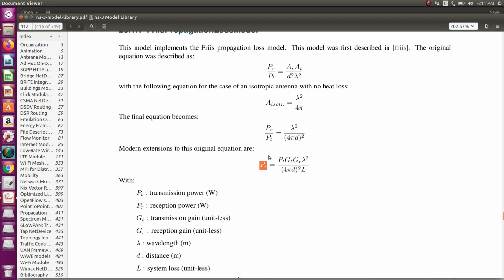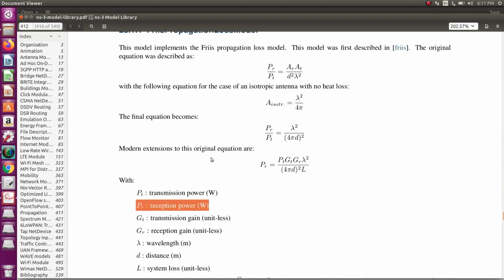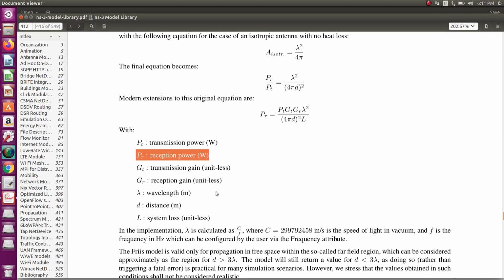Based on that, depending on your distance, we are going to calculate how much power will be received and how much loss will occur in the propagation model in this video.